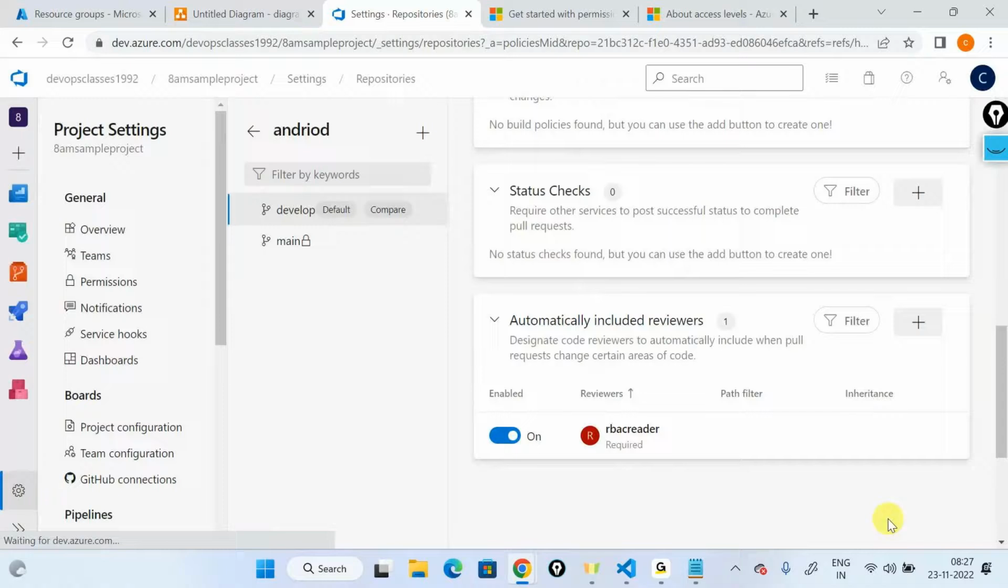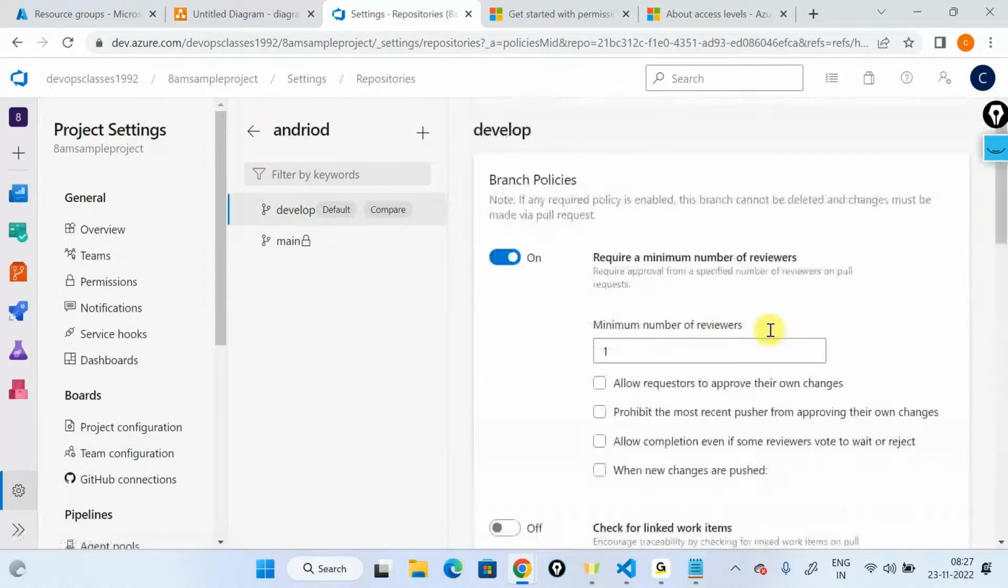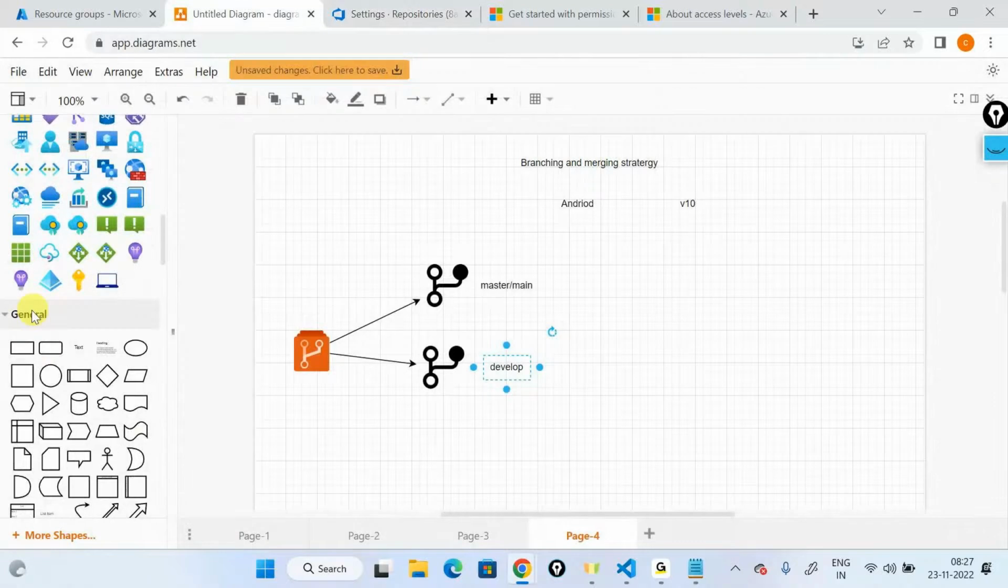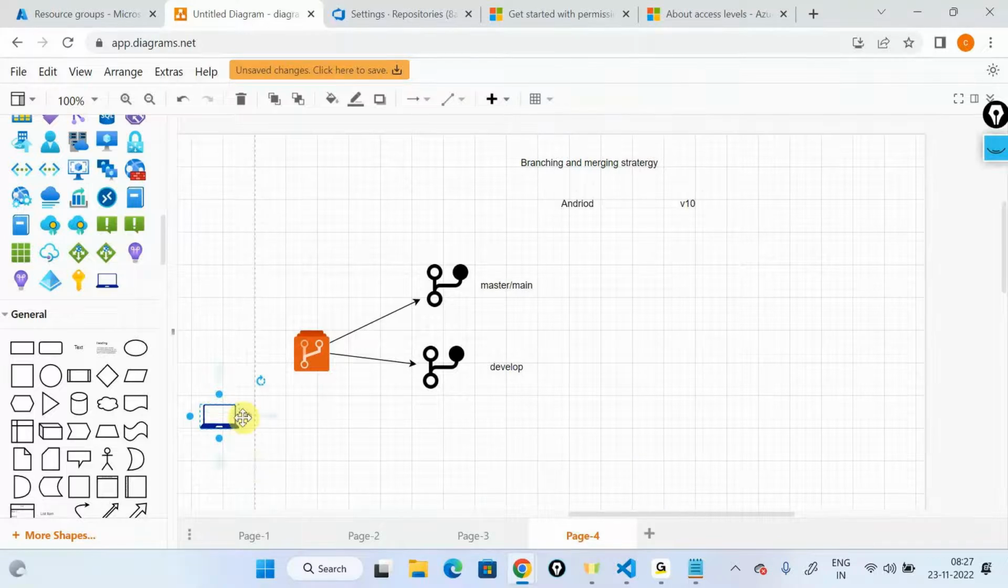So now what I'm telling is that if you are a developer making some changes in your VS Code, and you are trying to push and merge those changes into your develop branch, you should now need an approval. This is to make sure that the code is entirely checked, which means that as and when I put a policy here,